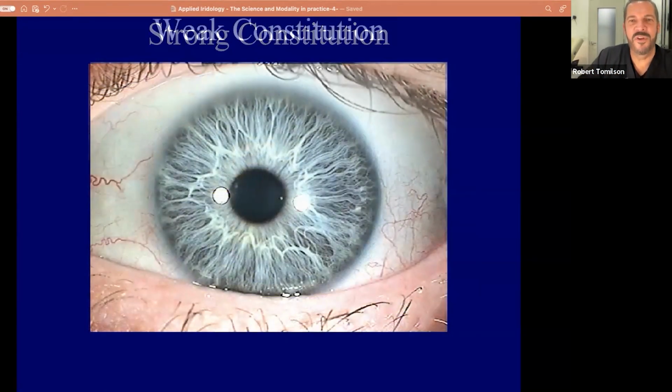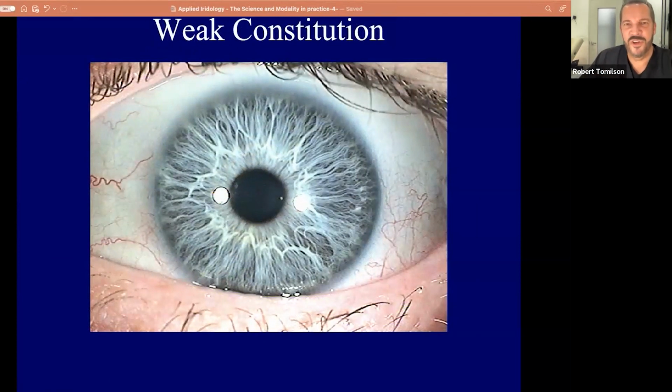Whereas if you have a person with a weak constitution, you see the difference here? You see how those fibers are all torn up. And this is how you're born. You're born with a strong constitution, you'll die with a strong constitution. If you're born with a weak constitution, you'll die with a weak constitution. There's no way you can change it. Well, that kind of sucks for a person with a weak constitution, right? Well,